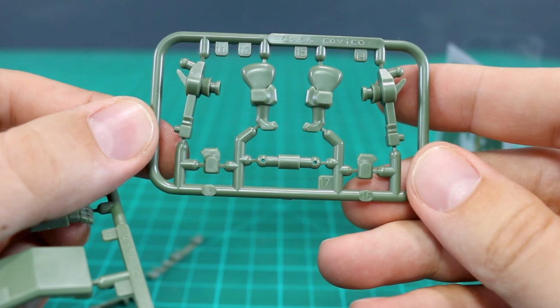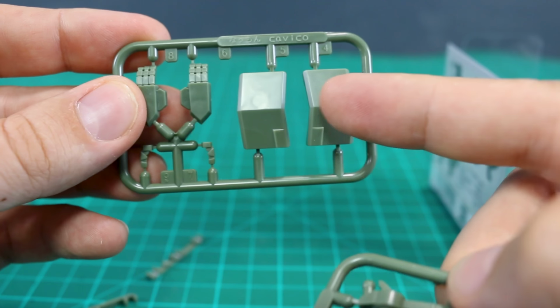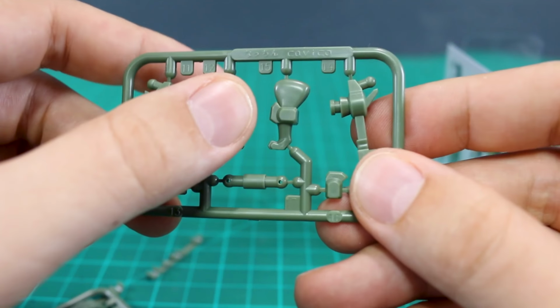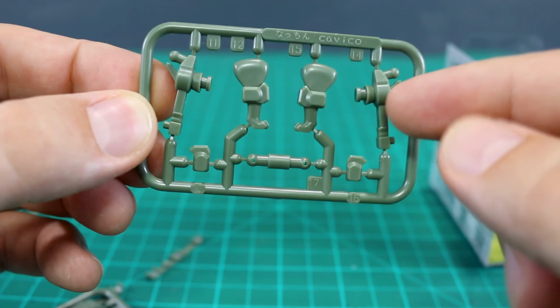And this third runner is parts 11 through 17. I can't seem to find a part number 10. I think they missed number 10. This goes up to 9. There's 4, 5, 6, 7, 8, 9, and then this runner starts off with 11, 12, 13, 14, 15, 16, 17. There's no actual number 10 part apparently, but anyway, this is the parts for the main parts